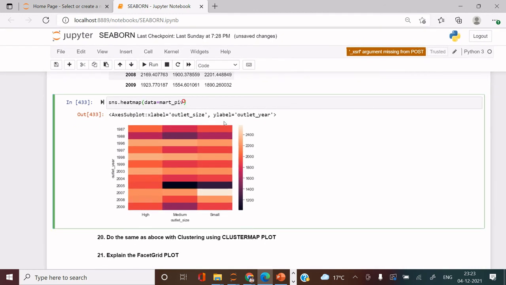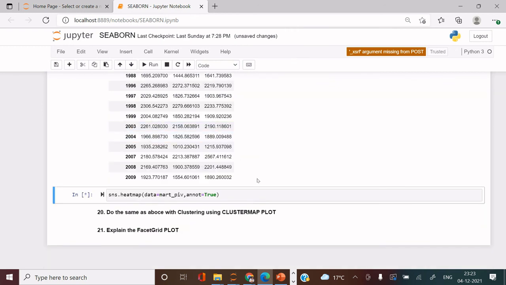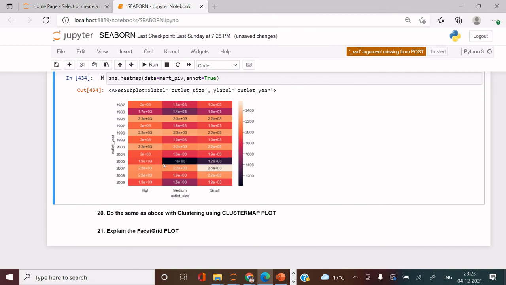If you want to show the values on this, you can just say annot equals true, and hit Control plus enter. This will annotate the numbers on the heat map. Now I understand you don't like this sort of number, so there is another argument, fmt.